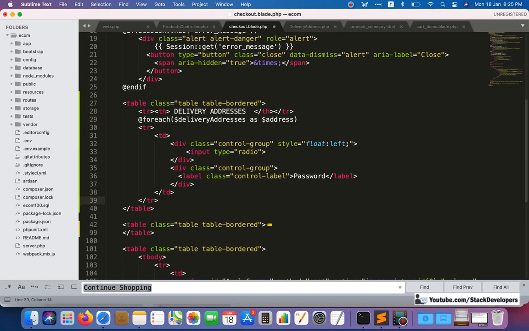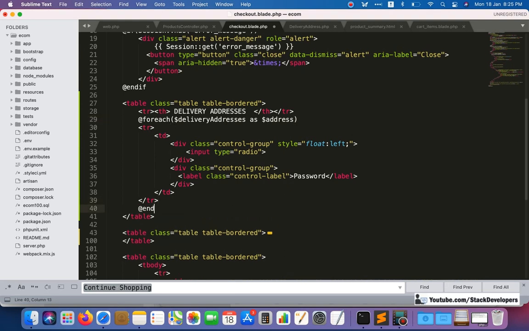After the tr, add the foreach like this, and inside this one now we can write the actual address, and that will be dollar address.